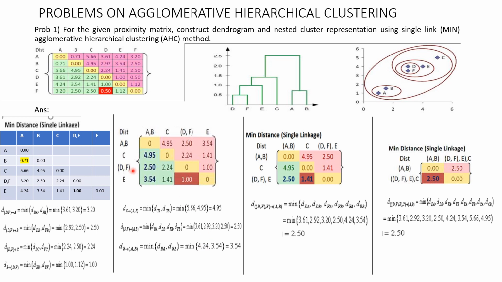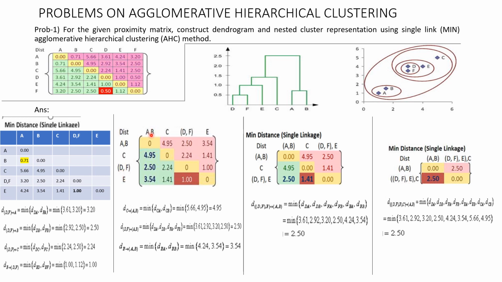2.92. What is F to A? 3.2. What is F to B? 2.5. So the minimum is 2.5. Okay. Similarly, you calculate the distance from